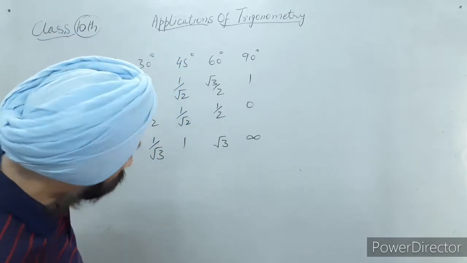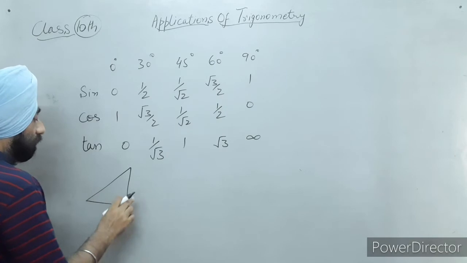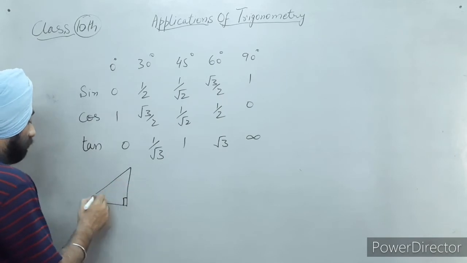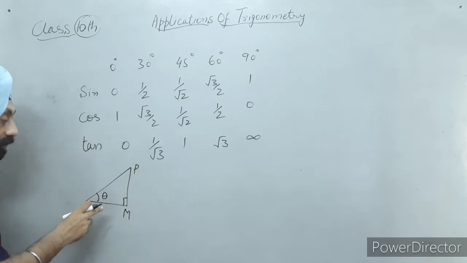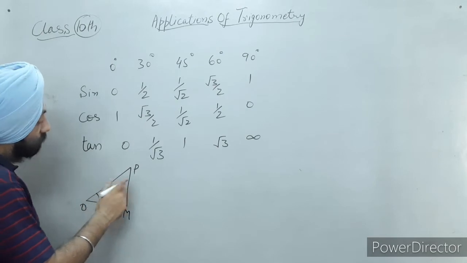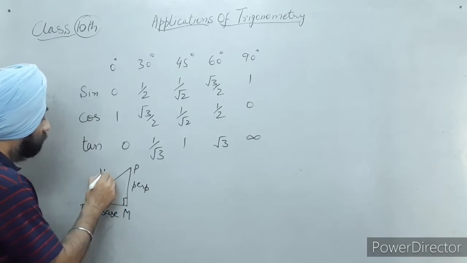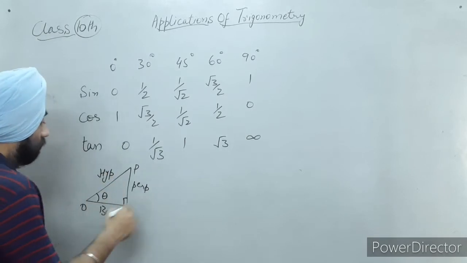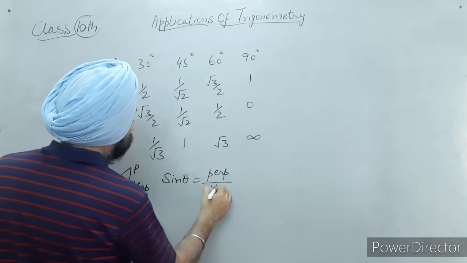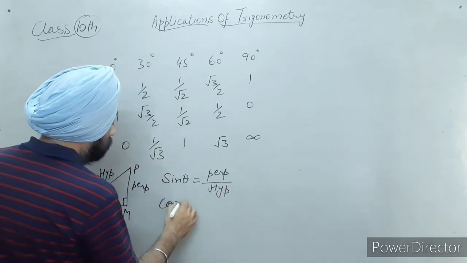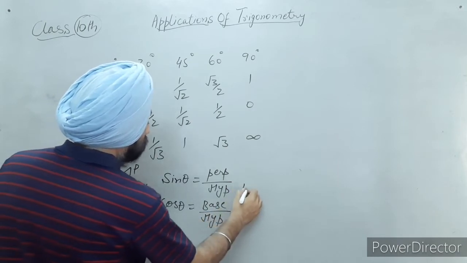Remember this table. Moreover, remember the ratios. That is the relation between the sides of a right angle triangle and the trigonometric ratios. Say this was the right angle triangle. This angle is theta. Opposite to theta, this is the perpendicular. This is the base. And this becomes the hypotenuse. Now, I will write again sine theta as perpendicular upon hypotenuse. Cos theta is base upon hypotenuse, and tan theta is